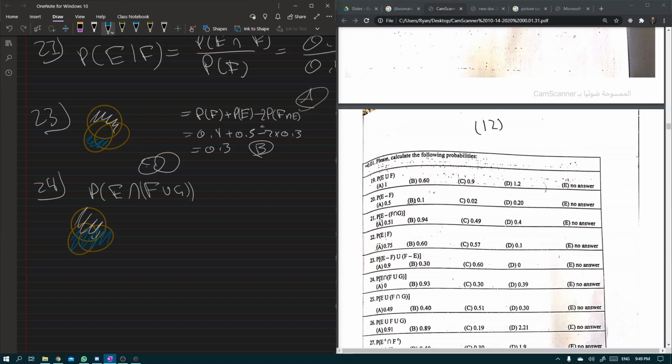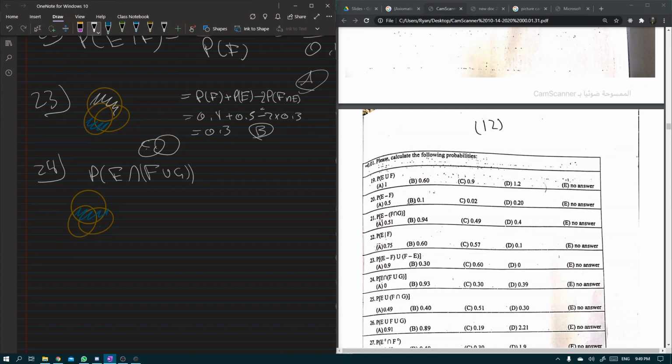So we want this part. So that's just probability of E intersection F plus E intersection G,